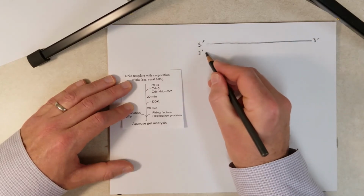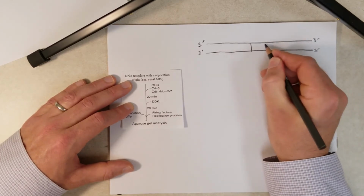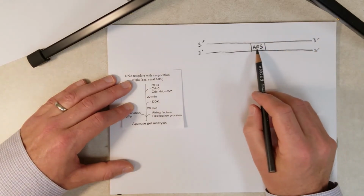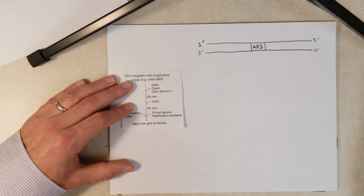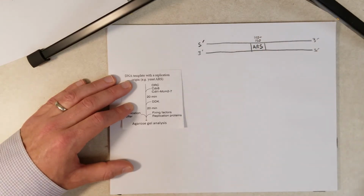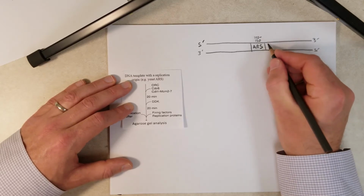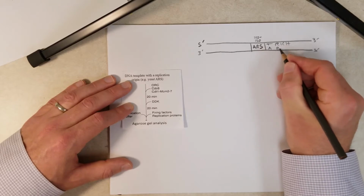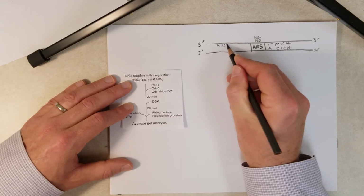So a linear DNA molecule, and there is going to be a yeast origin of replication, the autonomous replicating sequence, ARS. This is about 100 to 150 base pairs long. And then over here on this flank, this strand up here is going to be T-rich, and this strand down there is going to be A-rich. Over here, A-rich up top,